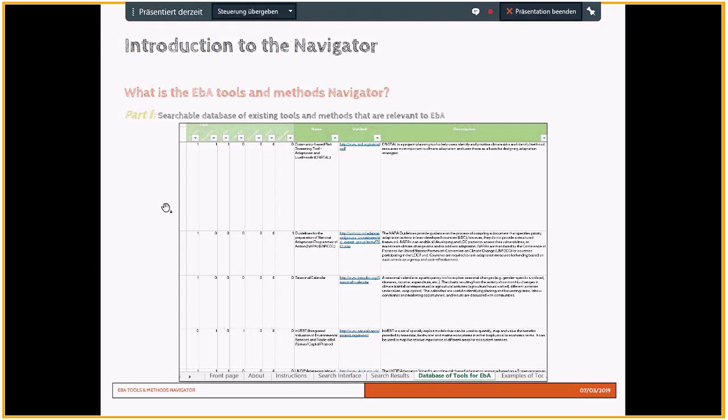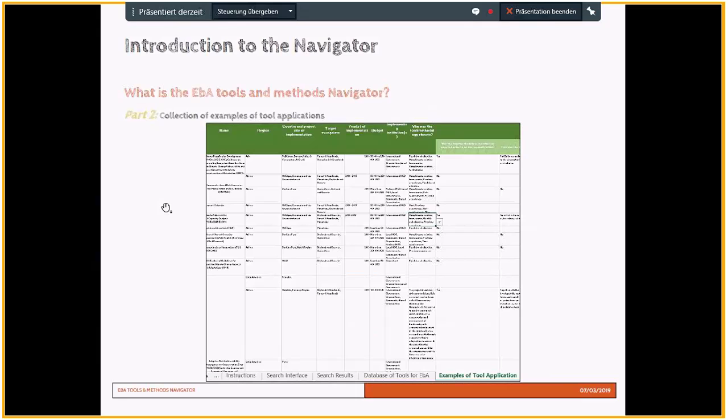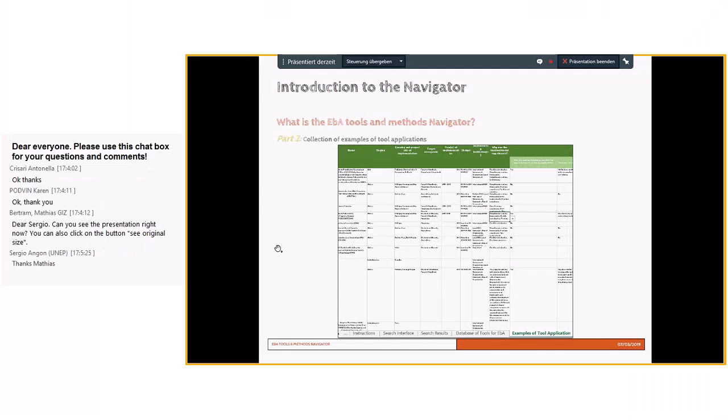So what is this EBA Tools and Methods Navigator? First and foremost, it's a searchable database of existing tools and methods that are relevant for EBA. And it's also a collection of examples of tool applications, so situations where people have used specific tools, and their experience and the context in which they were used are also present there.